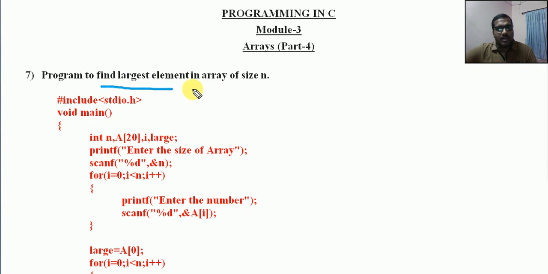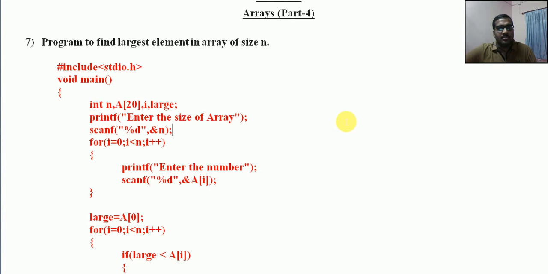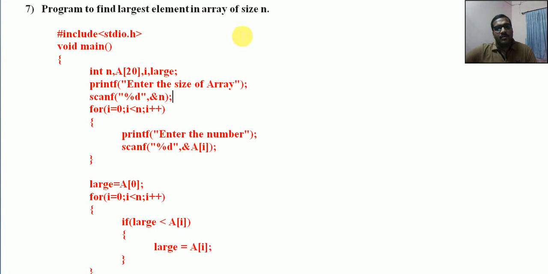to find the largest element present in an array. So far you have seen traversing through all the elements present in the array, searching for an element, finding the prime numbers, finding even numbers, similar logics you have already seen. Now we have another situation where we need to find which element is the largest element present in an array with size n. Okay, so what will be the logic we are going to use?